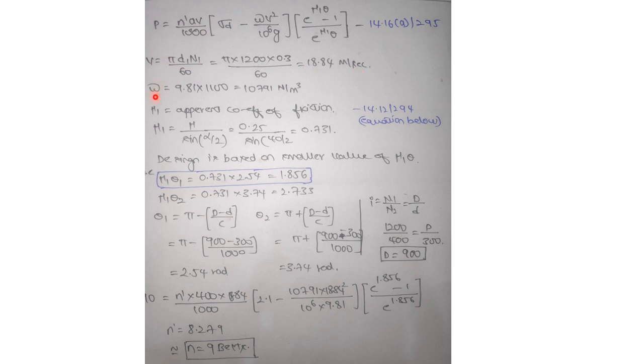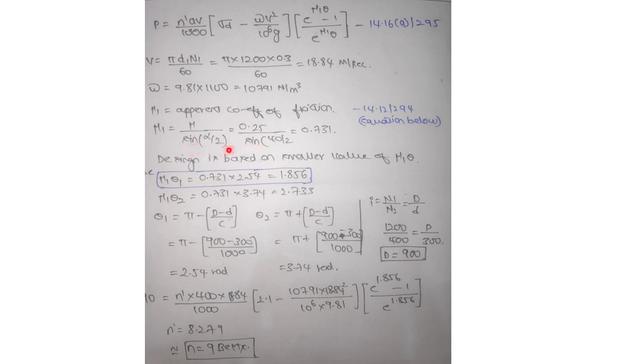And W, which is omega, is the weight density of the material, where you take the density multiplied by the acceleration due to gravity, the value of g, and you get the weight density of the material here. And remember this particular thing, mu1. If you look into the formula, there is no mu there, there is mu1 there. So what is the difference between mu and mu1? Mu is just the coefficient of friction, but what is mu1? It is the apparent coefficient of friction, which is calculated specifically for the V belts.